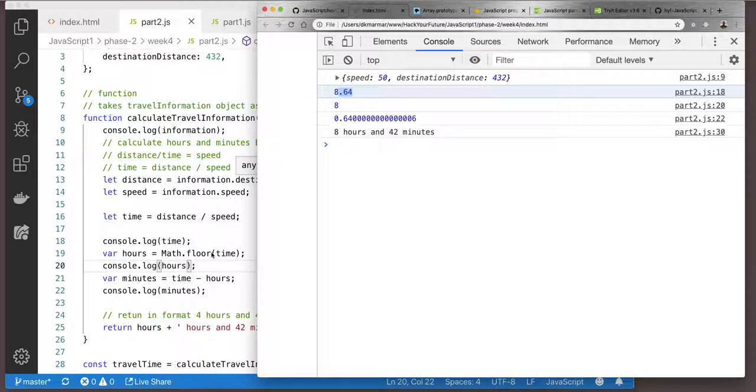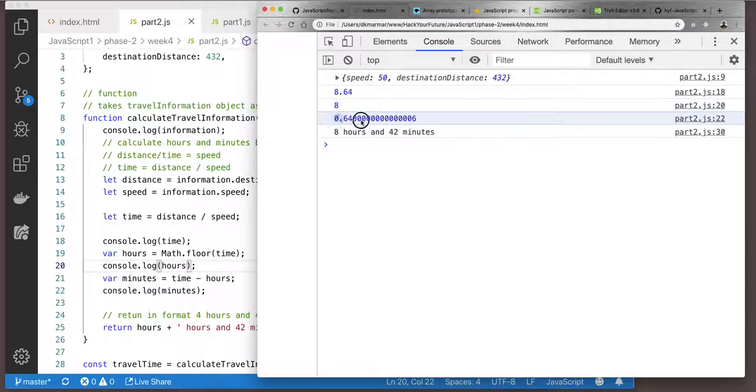Then we get whatever is only the rounding down of that one. So we have hours, which is 8, and that one we know it is correct. We don't need to worry with hours anymore. So now we need to calculate how many minutes left. So now if we say time, which is the whole one, minus removing the hours,